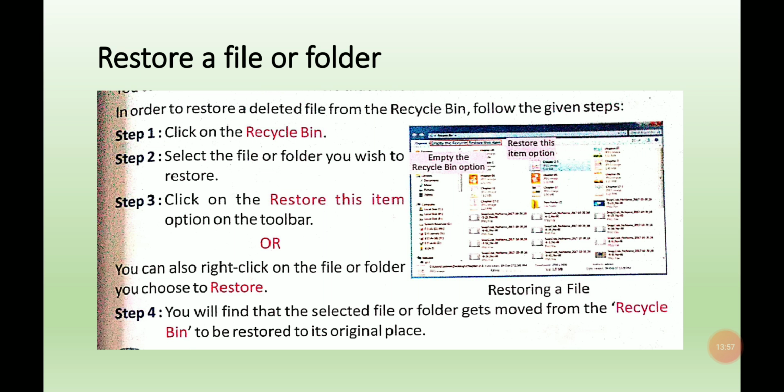Step 3, click on the restore item option on the toolbar. Then step 4, the selected file or folder gets moved from the recycle bin and restored to its original place from where it was deleted. So it will be restored on the same location. Okay, so we are done with restoring the file and folder from the recycle bin.